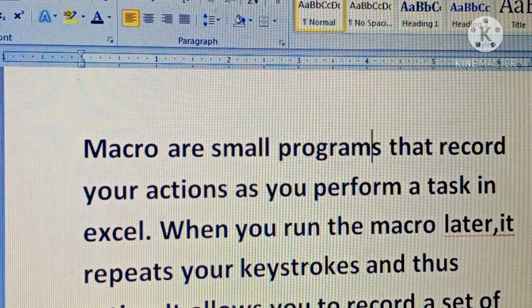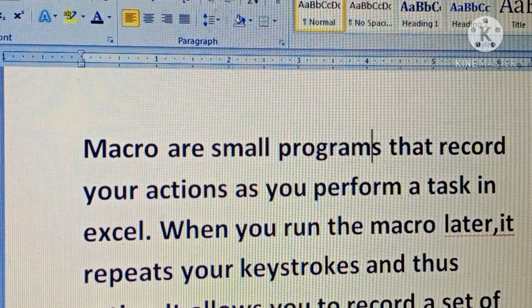This is a small, inbuilt program, in which the task which you are doing again and again, the actions you are doing again and again in your Excel sheet, you can record your actions in this small program. How to make the program, how to call the functions of your program, you need not worry about this. You have to use only the macro button for storing your actions.